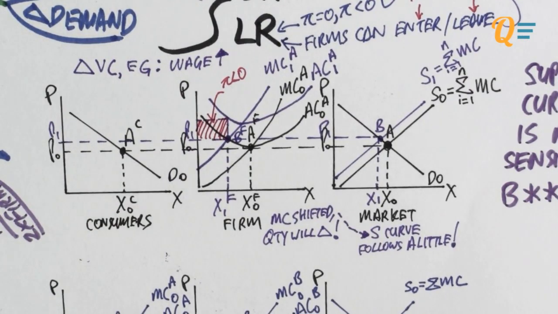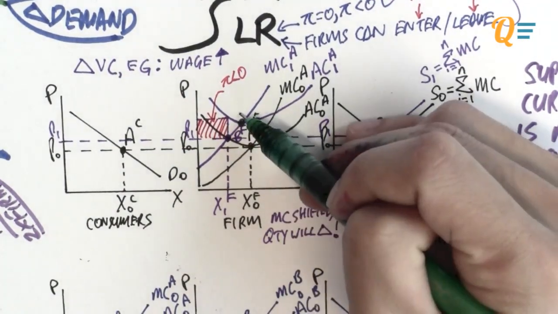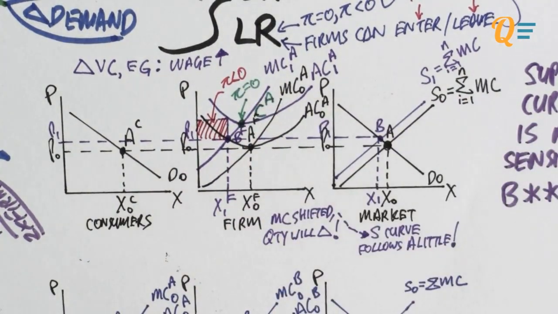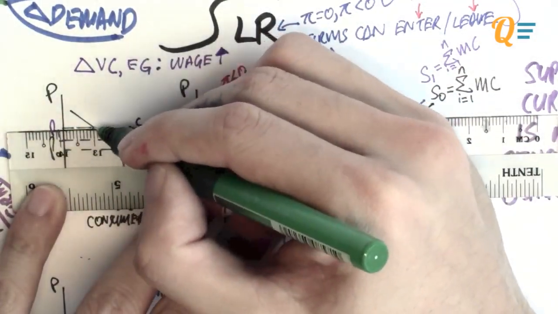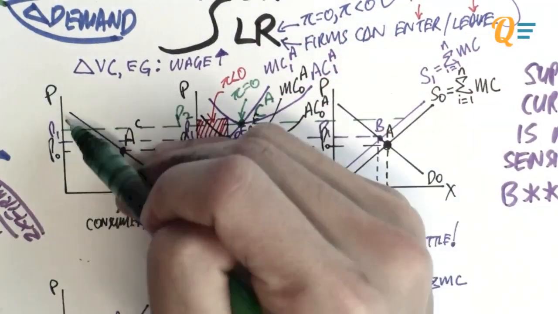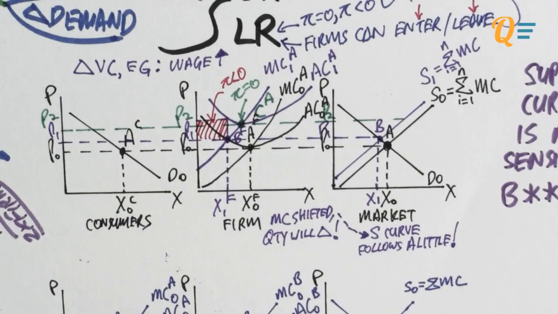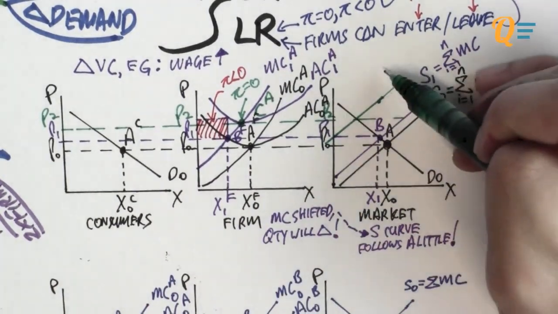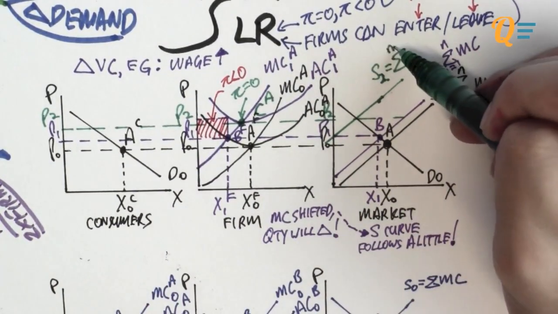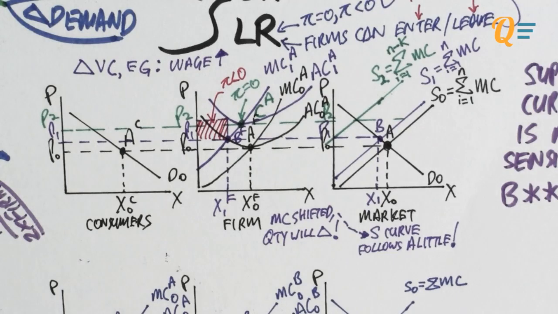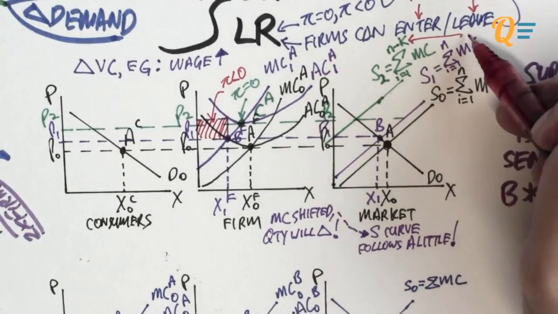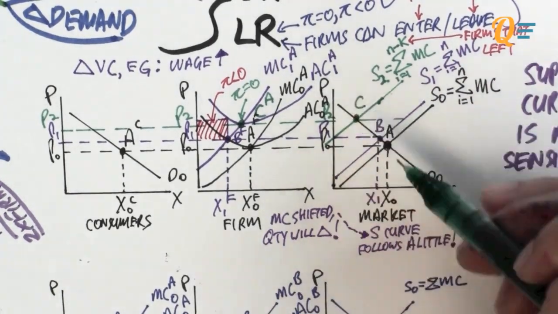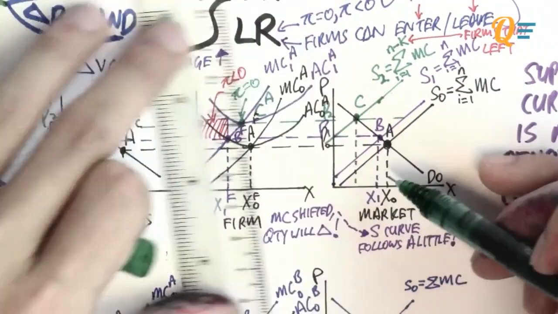So obviously the point where profits can be zero is at this point, which is your minimum average cost. That is going to be your point C for the final equilibrium. So you need the price level to be there so that P equals MC, which is also equal to AC. So just simply shift the supply curve up since the firms have left, and that will give you your market equilibrium price of P2. And that's a new supply curve. Take note that K over here refers to the firms that left the market. So point C is your final equilibrium.